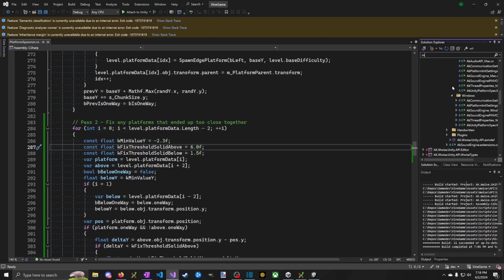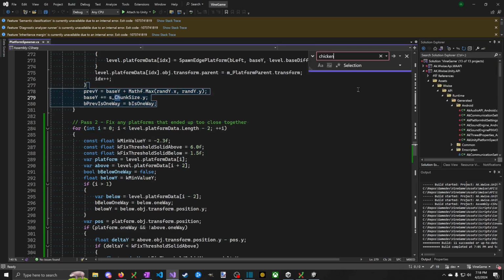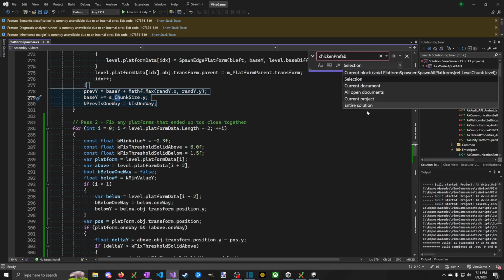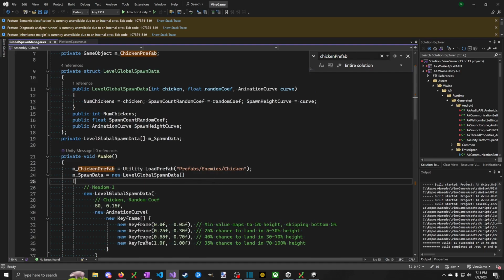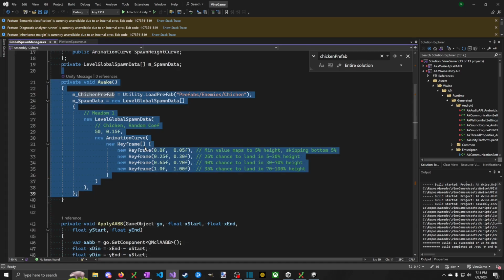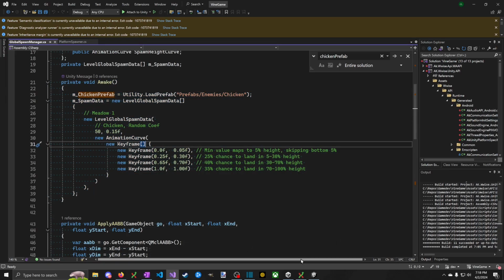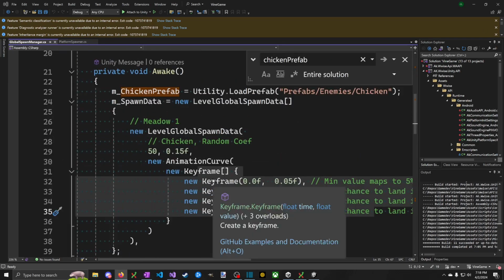So where do the chickens spawn? Let's search for chicken prefab. Is that anywhere? There it is. We've done it. Global spawn manager. Oh, and it's got a... Oh, this is more robust than I remember it being. This also lets us mess with the distribution of spawns. It makes sense for it to be more